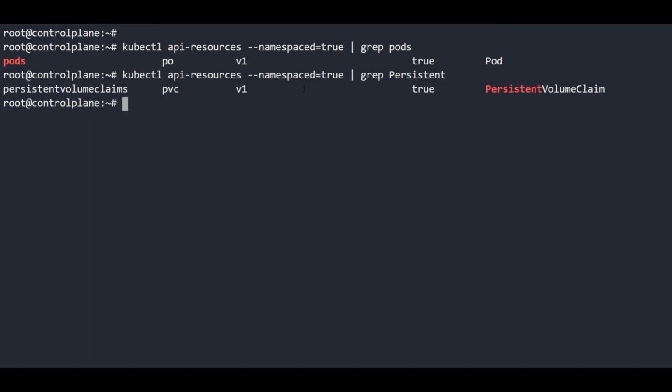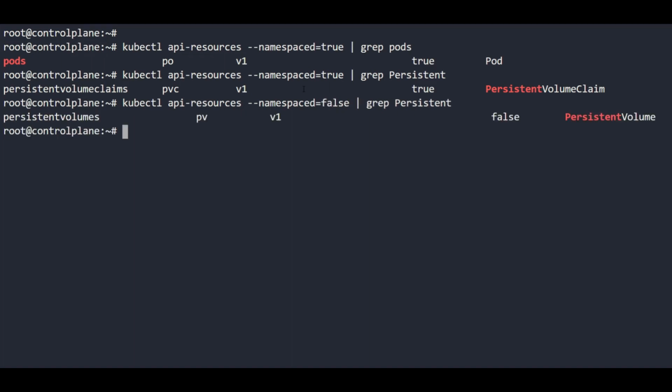But if you check for the items where namespaced is false, you will find the persistent volume, because it is not a namespaced object. This is the first thing I wanted to show you.